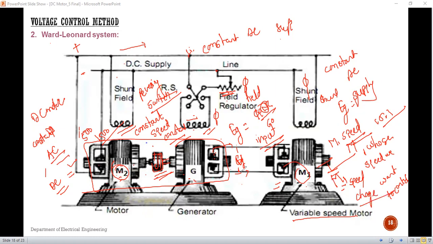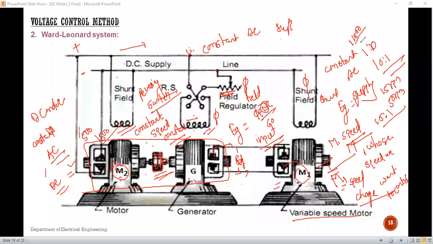Now see, suppose this speed control can be obtained like speed, it is nothing but 10 has to run 1 or it may be 1 has to 10. Suppose we required speed, suppose 1500 rpm. A motor rated 1500 rpm, we can bring it to 15 rpm, near about 15 or it may be 50 revolutions per minute.